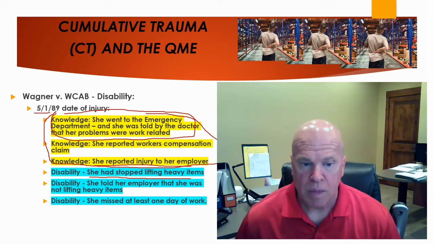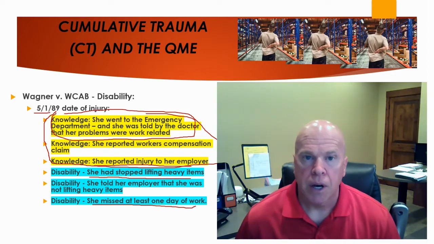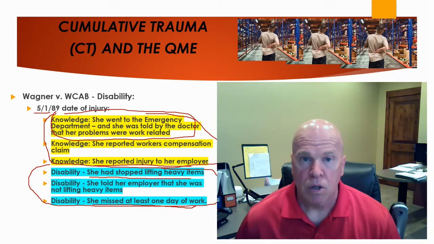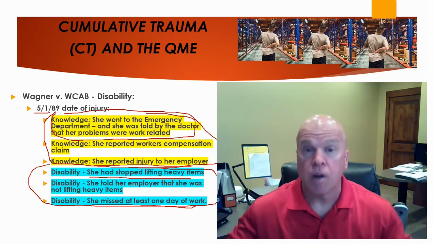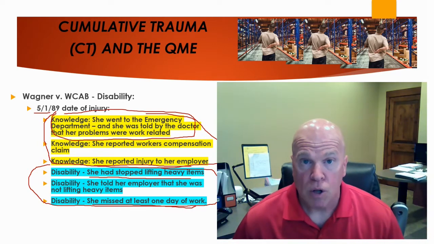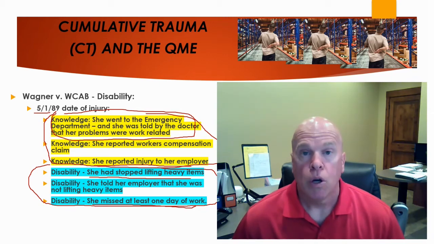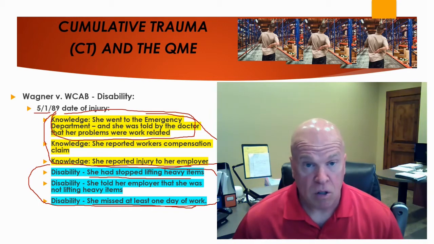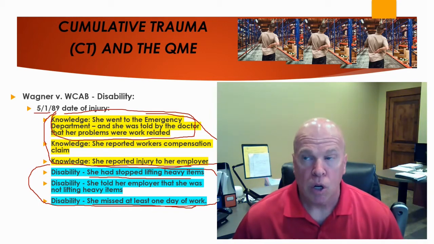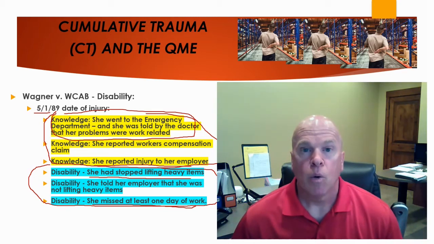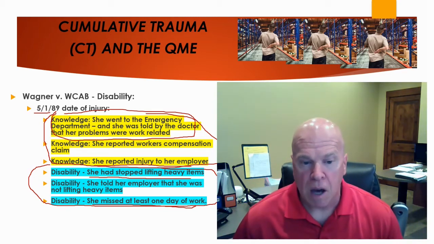And then also she missed at least one day of work in May of 1989, and insurer A pointed to these facts in support of a first suffering of disability as early as May of 1989. Now this is an insurer who wants to escape liability for this claim, and this insurer is pointing to a different time period, a different date of injury, when another insurer was providing coverage